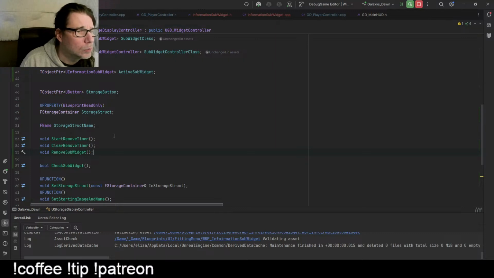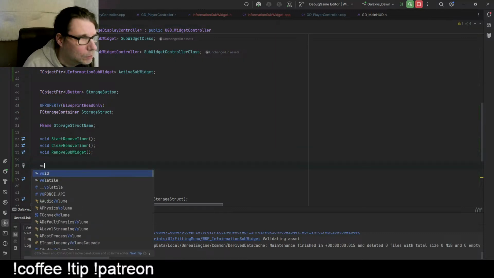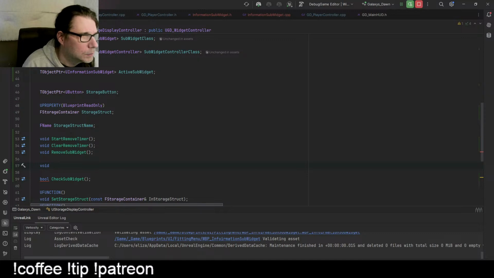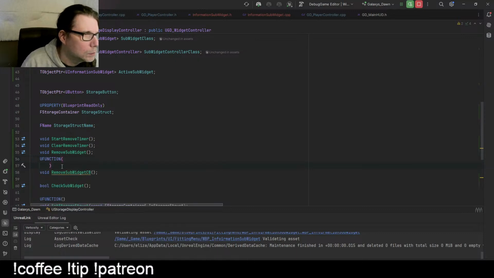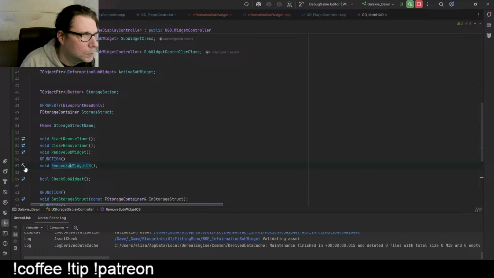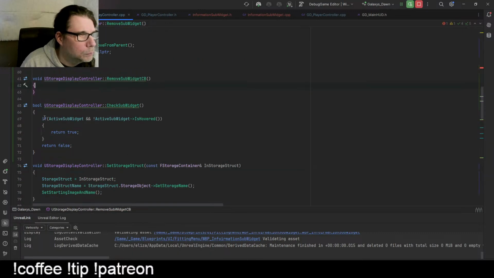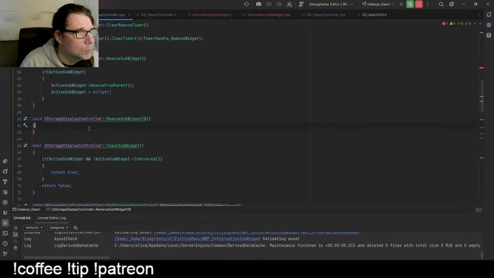Let's just take a look. We're gonna have another function here. Void remove sub widget callback. There we go. And this is gonna be a U function. Boom and boom and boom. All right, so